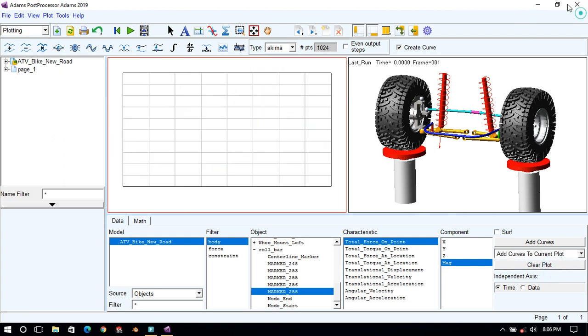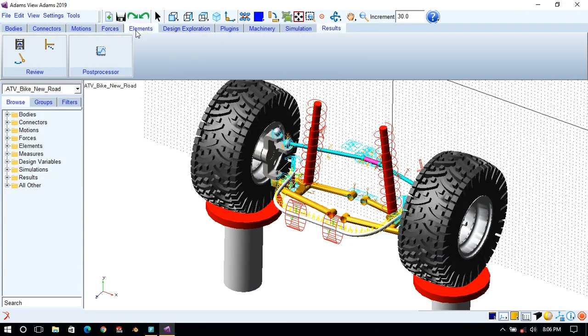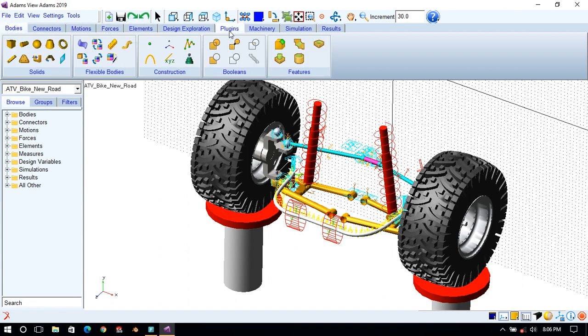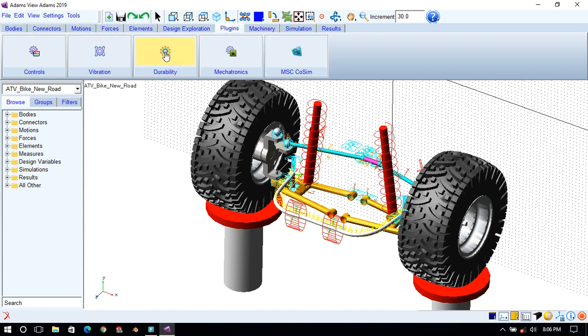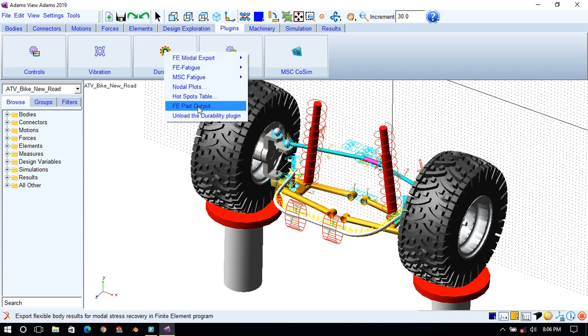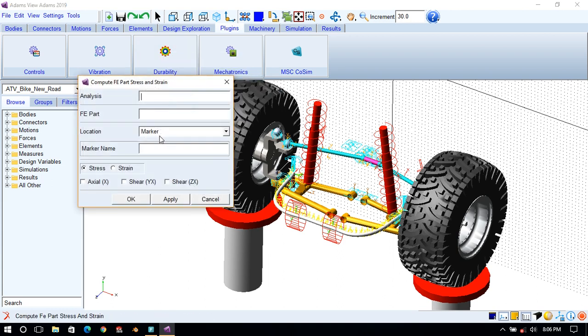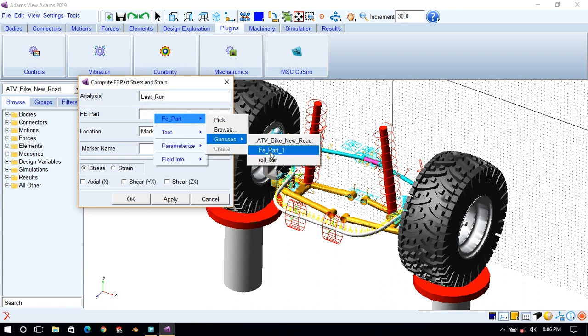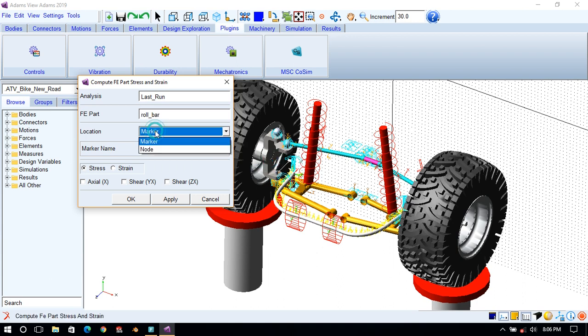Or you can go here, sorry, bodies, plugins, durability section. Click on here, FE part output. You can see FE part output analysis. Guess is last run. FE part, right click, there is only one FE part, roll bar. FE part 1 is the deactivated one, so we have created a second one, the roll bar.